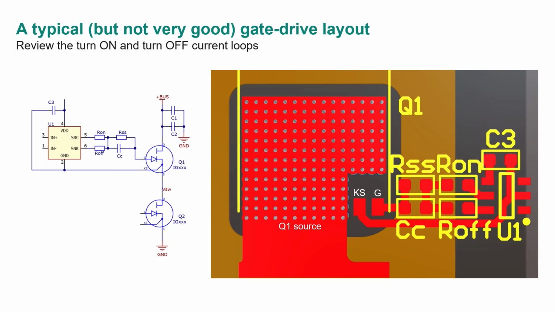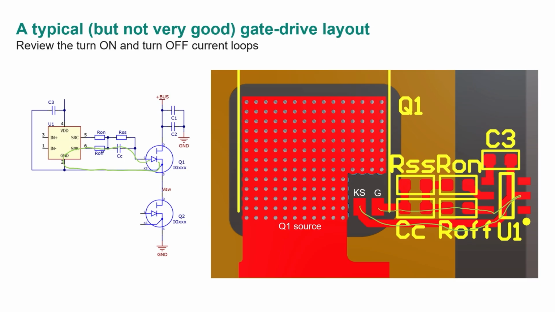Okay, now let's look also at the turn off path. Because remember, there are two gate drive loops, turn on and turn off. The turn off here, if I start at the gate, goes this way through the IC and back. Capacitor isn't involved at all, right? It's just this direct loop. You're shorting the gate source through the RC network here. So if I draw it on this path, it goes here, and then it goes to the ground here of U1, and then back over here. So again, this is as tight as we can get on a traditional single-sided layout.